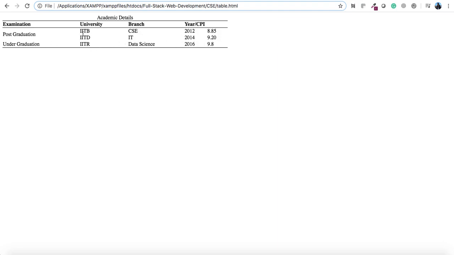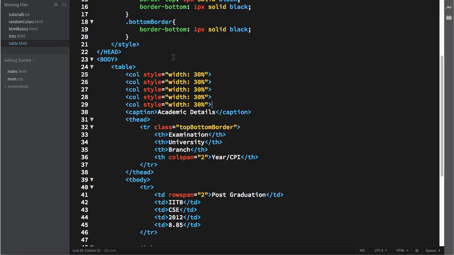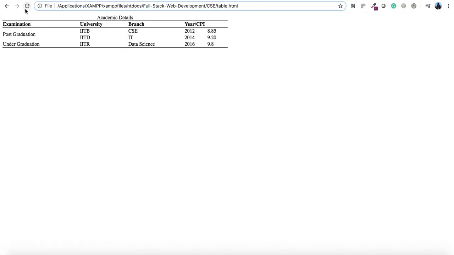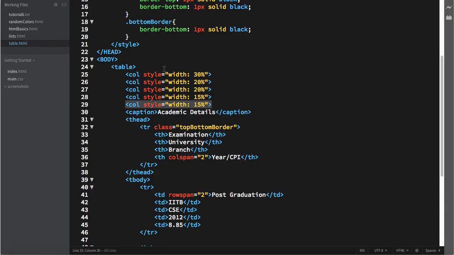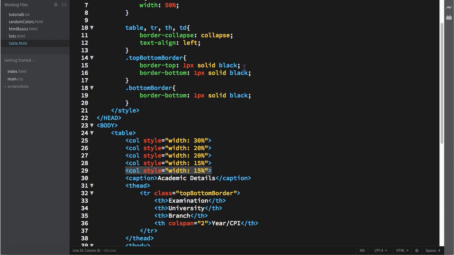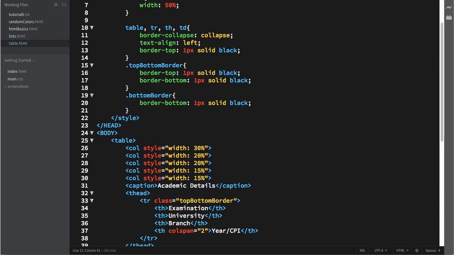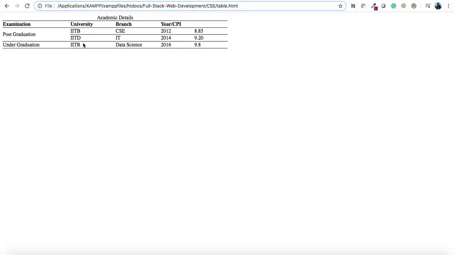I think these columns are wider than these two, so I can assign them 20 and 20, and I can assign them 15 and 15. Now you can see, although it's not completely visible, what you can do, you can copy it from here and copy it here to just see the effect.